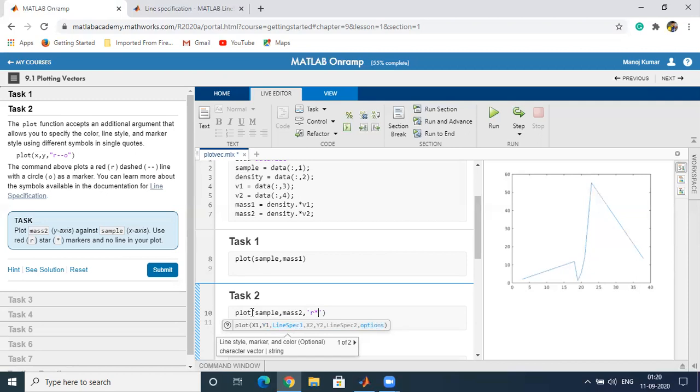It says that we have to use a red star marker and no line in your plot. So if we type this, then it will plot sample and mass2 with the red line specification. It will give the red star markers with no line.